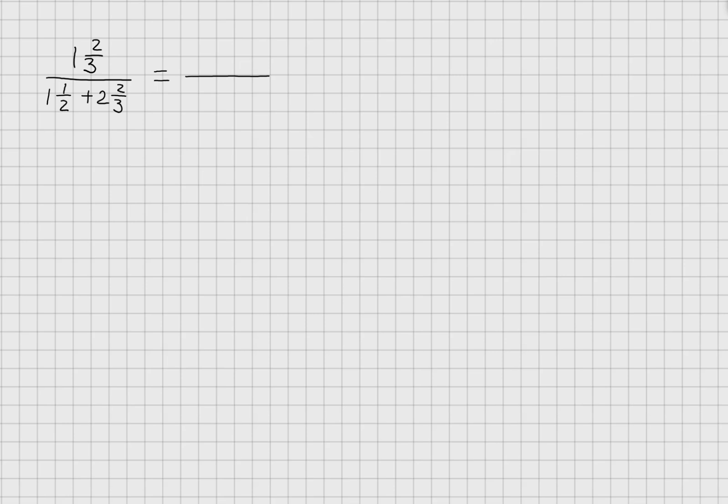I should start with the denominator because there's an addition. I should copy the first one, 1 and 2 over 3. Over, how do I add two fractions? I have to have the same denominator. So the denominator 3 is not a multiple of 2, 6 is. So the common denominator is going to be 6. I'm going to amplify this by 3 and this one by 2. So the fractions become 1 and 3 times 1, 3 over 3 times 2, 6 plus 2 wholes and 2 times 2, 4 over 2 times 3, 6 equals